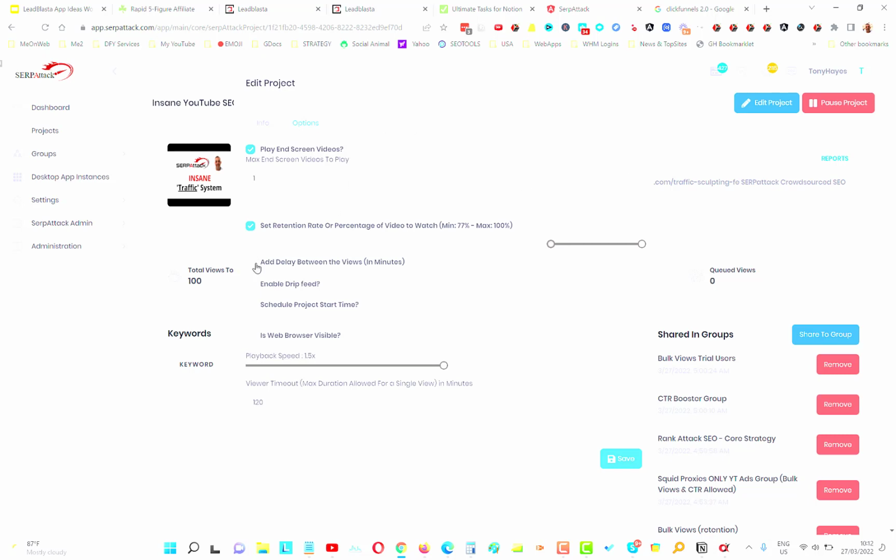Okay, and you can do that. You can add a delay and drip feed. That's not a bad thing to do if you want to do drip feed and you just want to do it over days. I would use that more